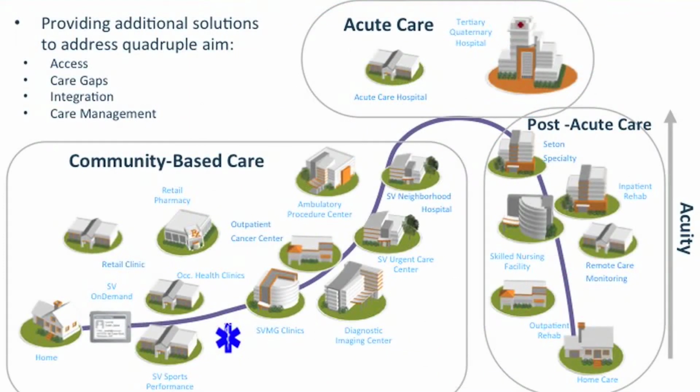When we look at the system of care at St. Vincent, I break it down into community-based care, acute care, and post-acute care. And I show this to you guys just so you can get an idea that telehealth can really live in any of these settings. And our goal within virtual care is to support that quadruple aim of improving access, addressing care gaps, improving integration, and care management. So again, since we have such a short time, I'm only going to address 3 areas or 3 use cases,